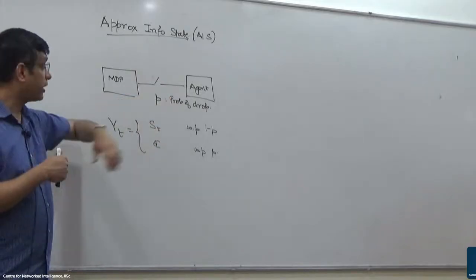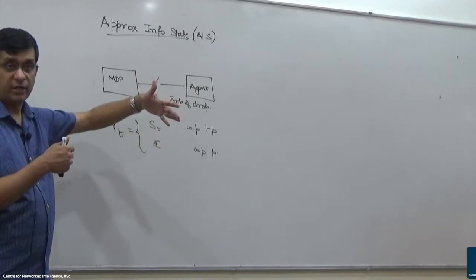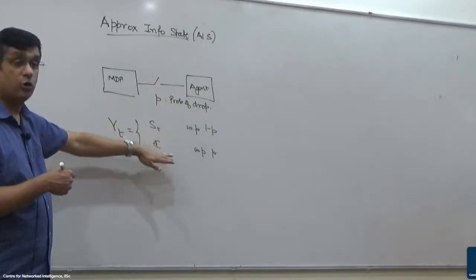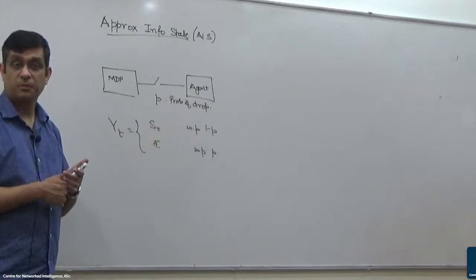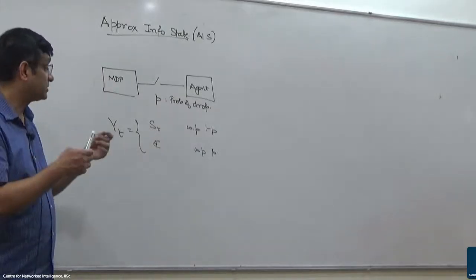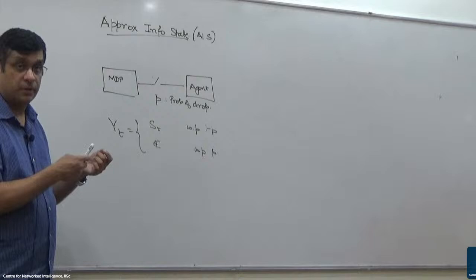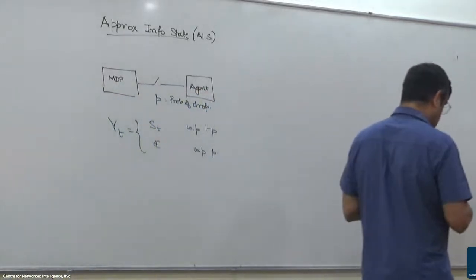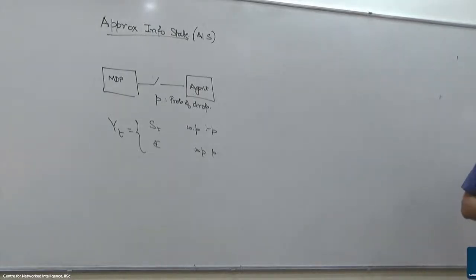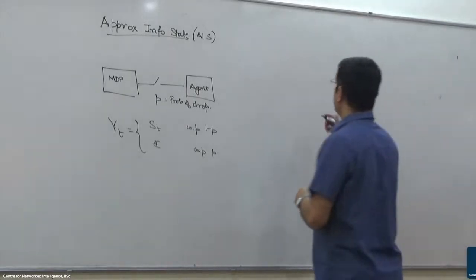But what happens if I could not solve the problem exactly? Can I still quantify how good or bad this thing is without knowing the solution of the optimal problem? Right? So that's what we want to develop. And what this boils down to, going back to the generic model that we had, is that I have a